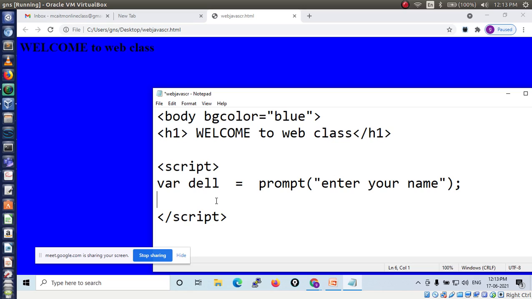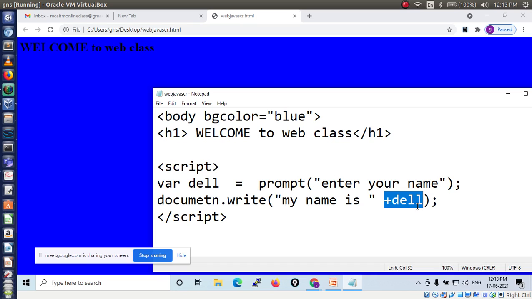Document.write, with the help of this message. Document.write. Here you can display your name, right? Here I will write "my name is", then finish. Then which variable is it stored in? In del. So here I will write del. Append plus, then the variable you are getting the value from, you have to assign the del.